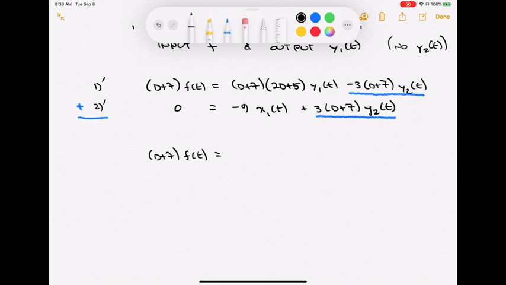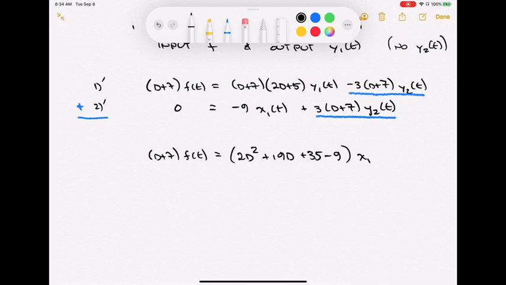I know that the derivative acting on 2 times the derivative is just 2 second derivative, so I'm going to get a 2d squared. There's a 14d and another 5d. Add those together, and we should get a 19d. No problem with doing this. And then I'm going to get a 5 and a 7. That's going to be plus 35. But when I add that second equation in there, I'm going to get a 35 minus 9, and that whole thing is going to be acting on